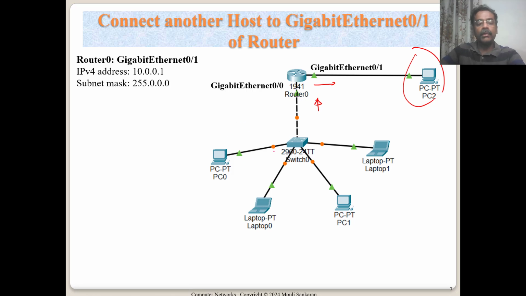Let us try to understand one part of it. So this IP interface, if I say that this is my IP address, or a network ID portion is 10, then I will assign 0.0.1 as an interface IP address to this. You have to assign the IP address to this interface, as well as on each of the hosts you have to